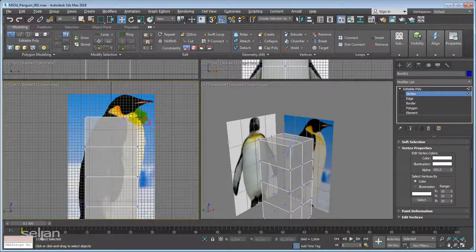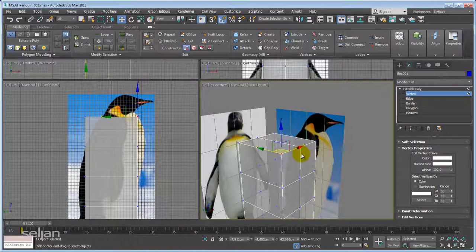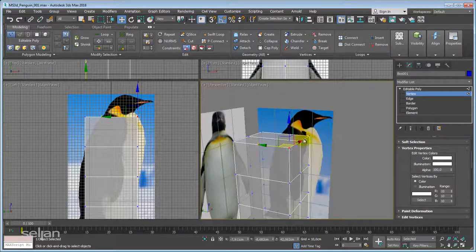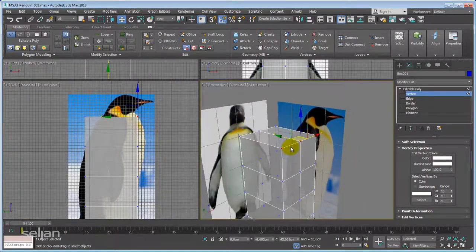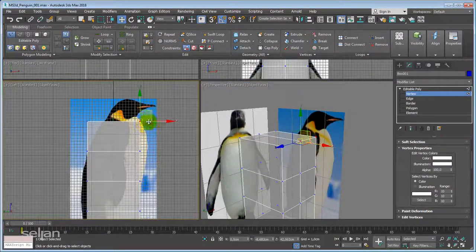Whenever you're just clicking on a point, it is just selecting a single point. But look what happens. How many points do we have? We have 3 points right here. So when you're dragging, you're selecting everything that is within the window, so all 3 points are selected. Okay, so then we will move these points